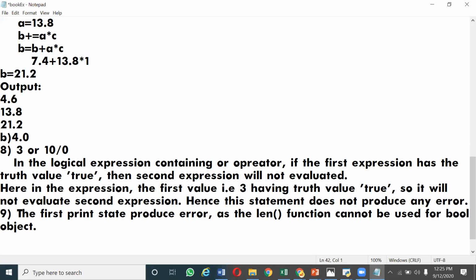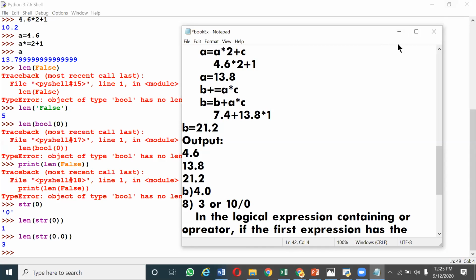And then the second print statement's result is 1 space 3. Right?